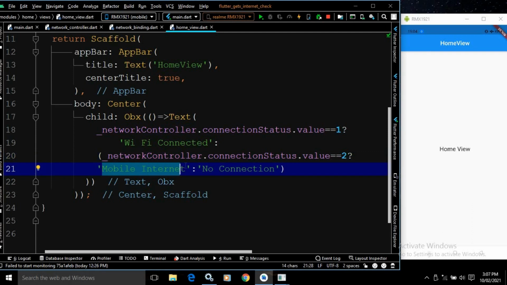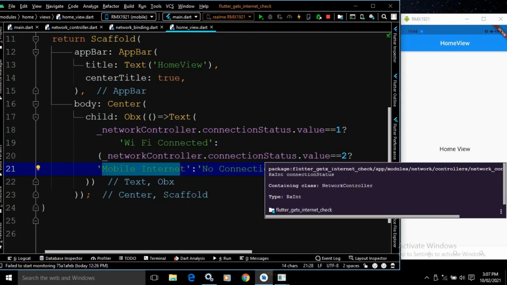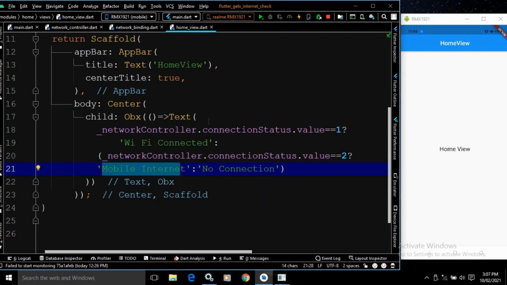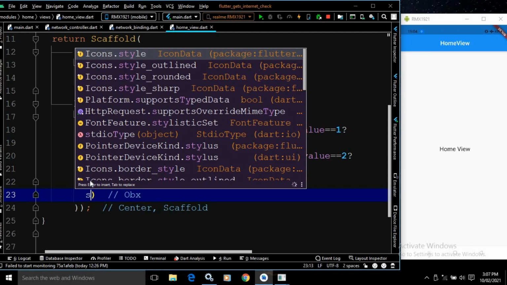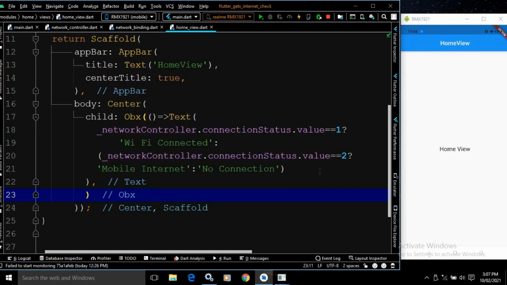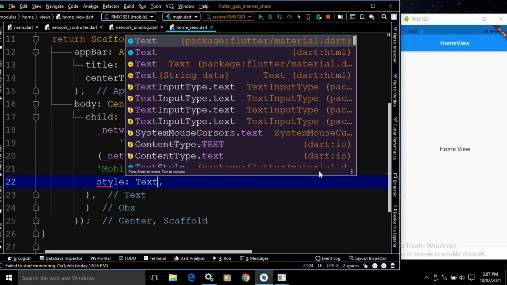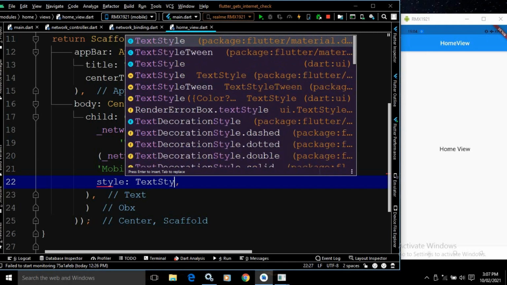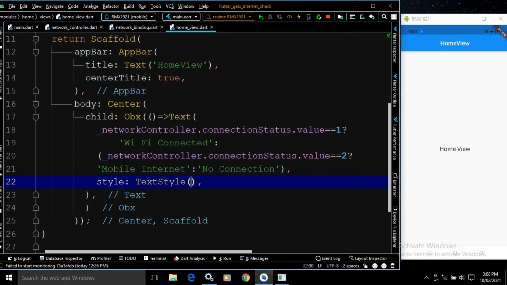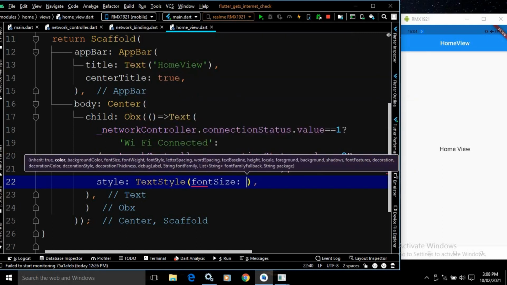But if the value is not 1 as well as not 2, this means obviously there is no internet connection. Okay, and after that here I will use style, text style, and in the text style I will give the font size as 20.